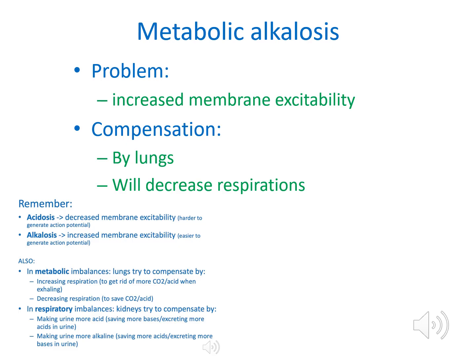Okay, now since this is a metabolic imbalance, which body system caused this problem? Your kidneys, right? So which body system should be trying to compensate for it? Your lungs. Okay, and how will your lungs try and correct alkalosis? Probably by decreasing the rate and the depth of breathing, right? So we can retain more carbon dioxide, which you remember is carbonic acid, okay? And if we retain more acid, hopefully that should counterbalance all the alkalinity and bring the pH back to something